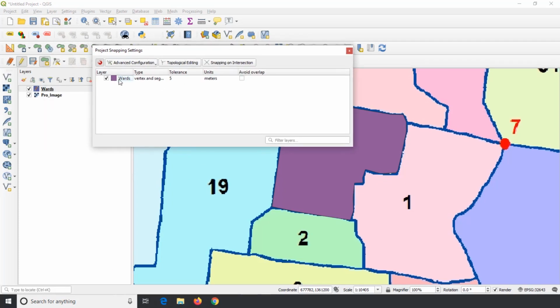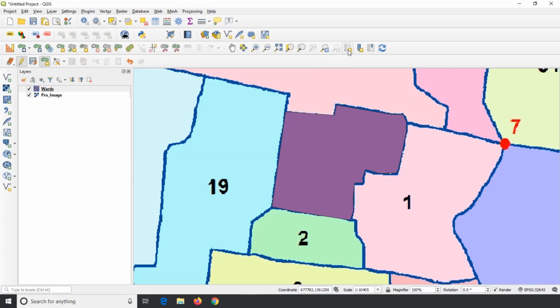Now we can see the vector layer list that is opened in the layer panel. In our case, it is wards. The type should be vertex and segment. Let the tolerance be 50 and the units are pixels. Click on the checkbox under avoid overlap, then close the toolbar.